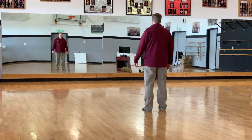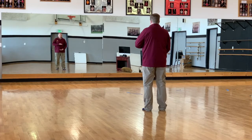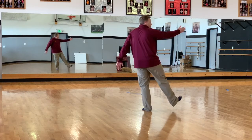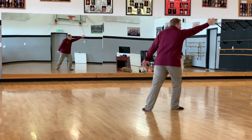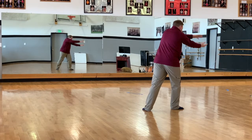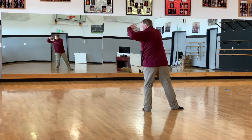We begin holding the ball with the left hand on top. We shift our weight to the top hand side and we take the bottom hand as we step to the side and reach up. The top hand comes to the back. As we shift our weight forward, we bring that back hand up like we're holding a ball. Turn the ball over and we bring that ball down and around behind us as we shift our weight back,